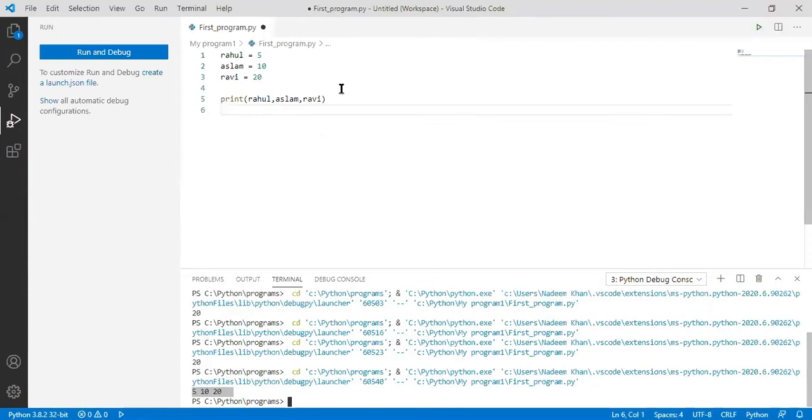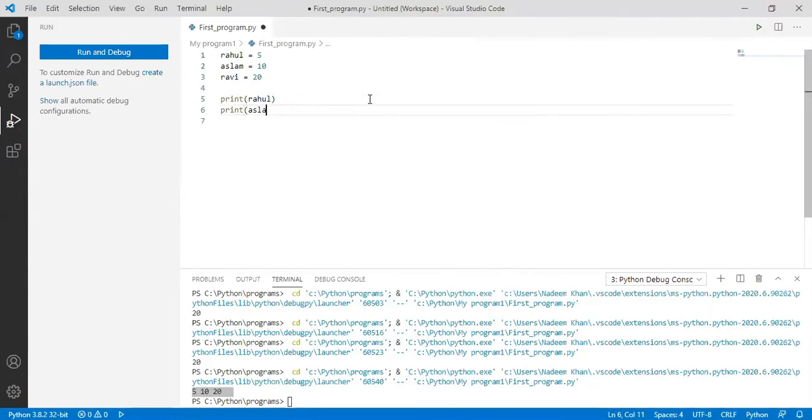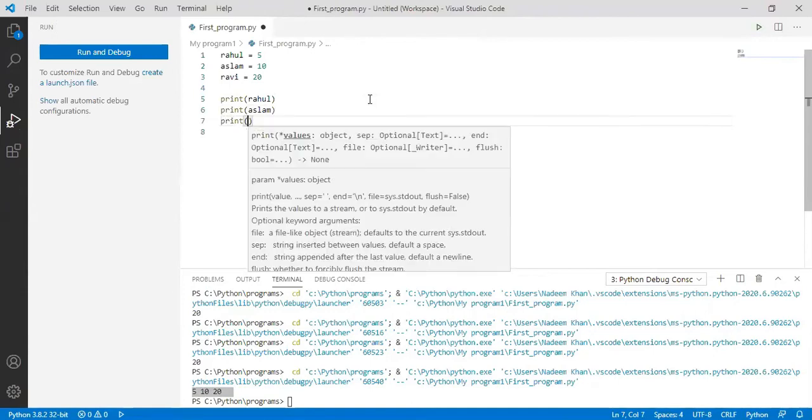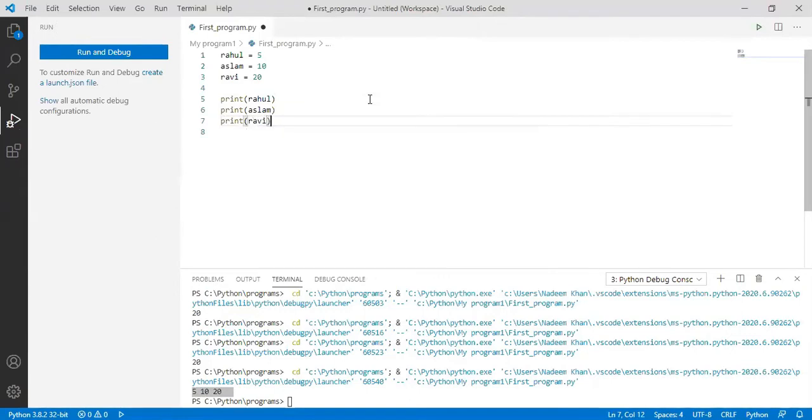So if someone asks me, what if I don't do it like this, but do it like this? Can anyone tell me what will get changed, or will it be a correct code or not? Is it a correct code, or will it give some error?